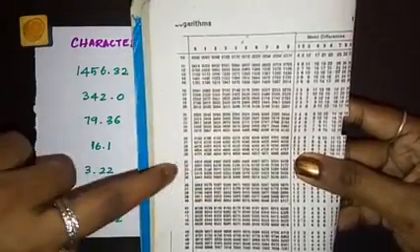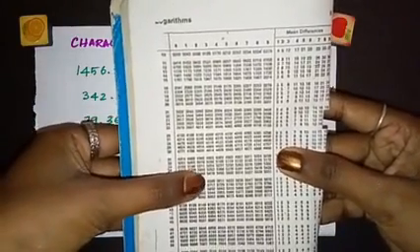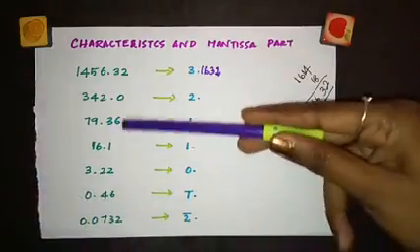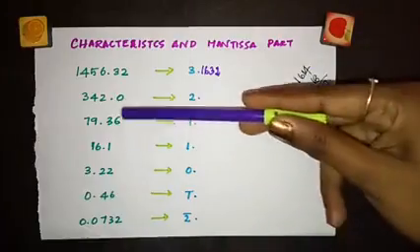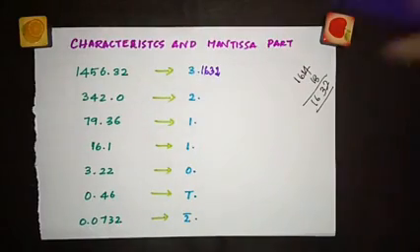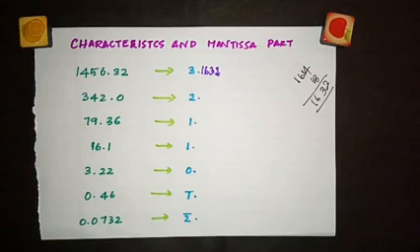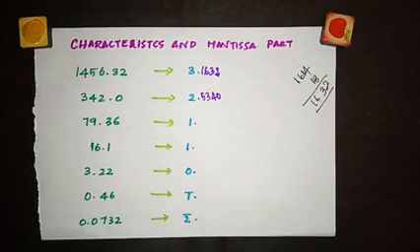So for 34, 2, what do you get? See, this is 34 and this is 2. You are getting 5340. See, this is 5340. You have 34, 2. The fourth digit is actually 0. So we don't have mean difference for 0. It starts with 1. So you stop with the 3 digits. So your value would be 5340. So for 342.0, the log value is 2.5340.